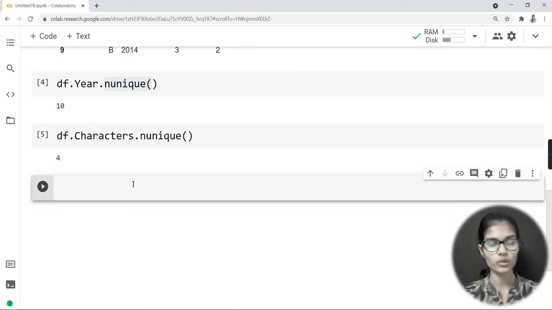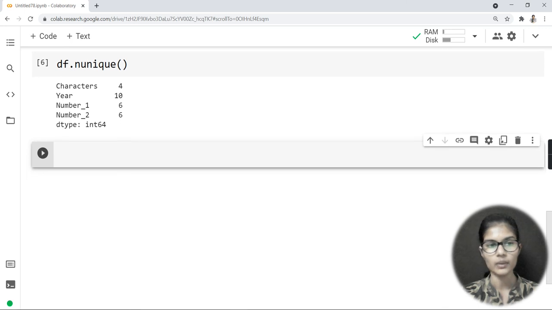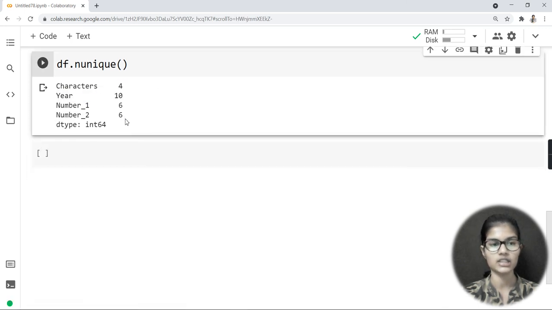And now if I do not want to specify any particular column, and instead I want the nunique values for all of the columns, in that case I would simply write df.nunique and run it. Now have a look: it showed me how many unique values we have in each of these columns.